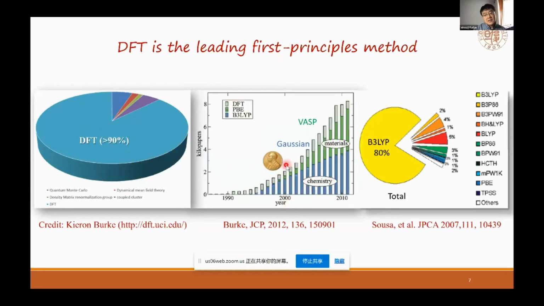According to the statistics, the functional which is most popular in materials science is PBE, often run in a program called VASP, whereas the functional that is most popular in chemistry is B3LYP, often run using a program called Gaussian. While B3LYP used to be the number one choice,